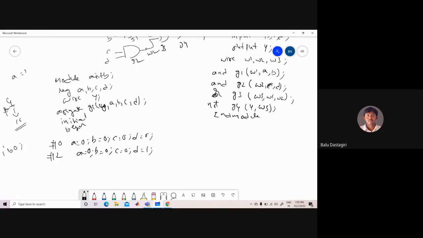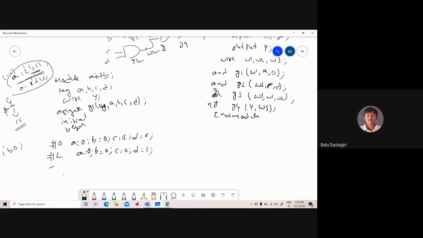For example, 2'b11. If there is a 2-bit vector input in the program, we have to specify the test cases like this: 2'b11 means A is a 2-bit vector whose value I have specified as 11. Similarly, you can give 1'b0, that is the decimal number 0 with the input as 0. Like this, we can specify it.